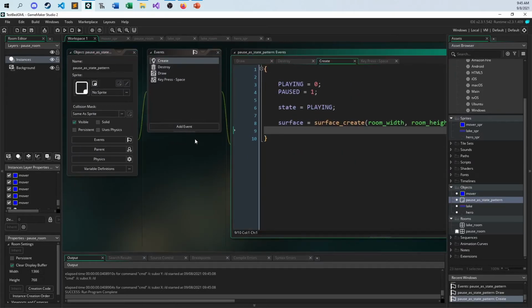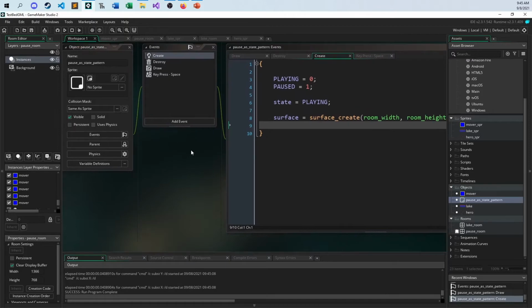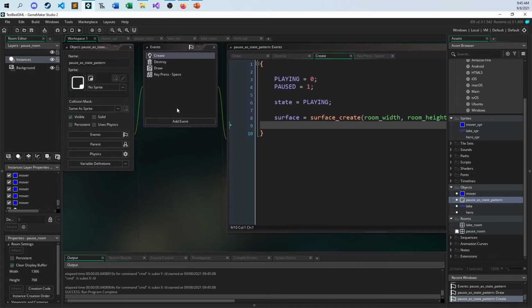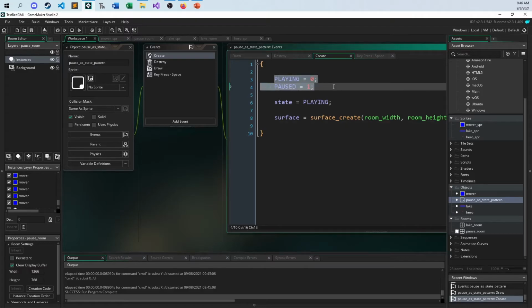So here, when I create this object, because this object can be in one of two states, right? Because it's watching over the game. The game can be either playing, which is when everything is moving around, or it could be in the pause state, obviously. So it's one of two states that the game is in at any given time. And so what I do is I just set up basically an enumeration,